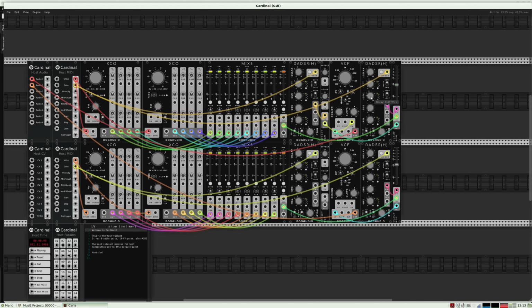Now I want to create a short... okay, I have this scale here, and now I want to use it with control voltages. I have here the control voltage 1 output.